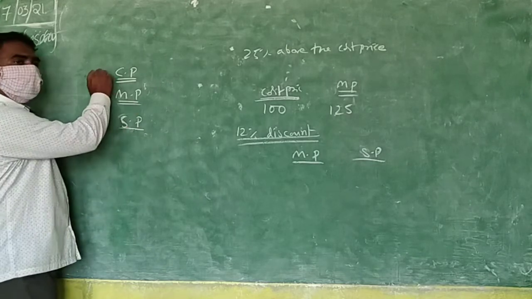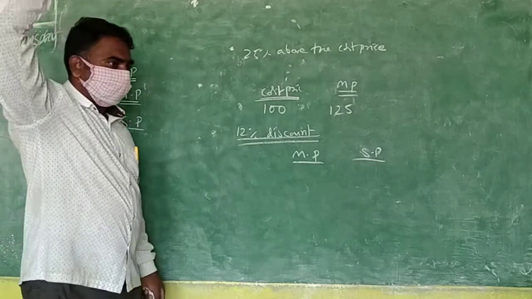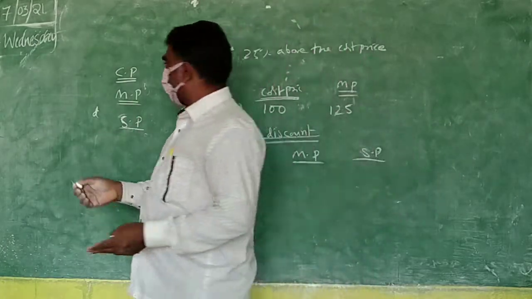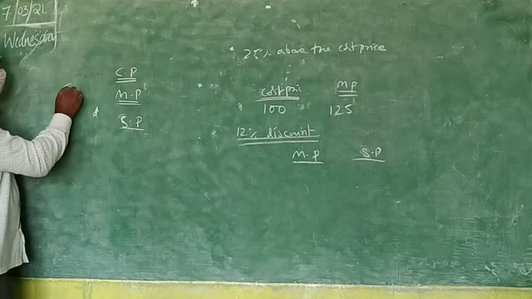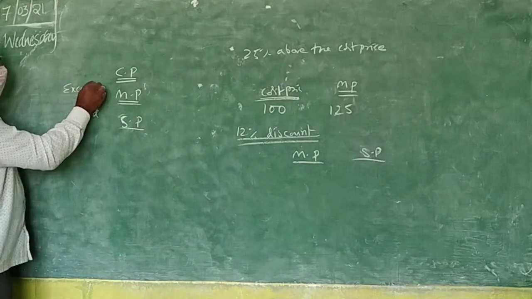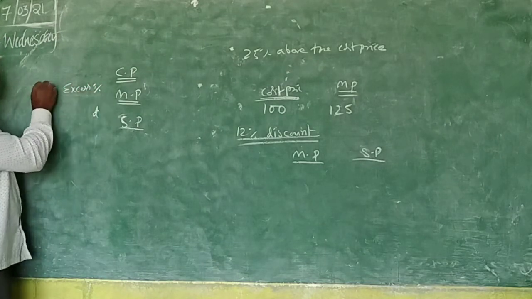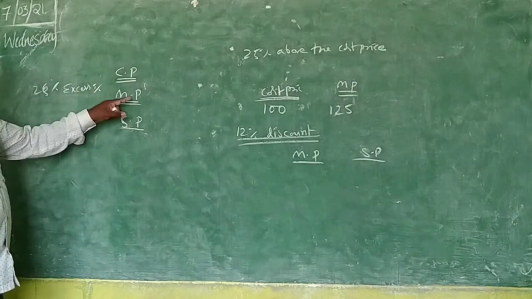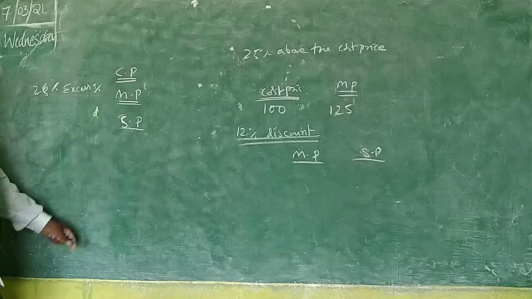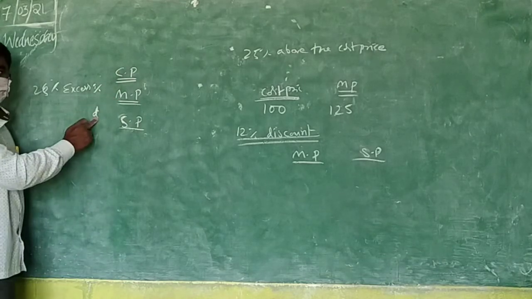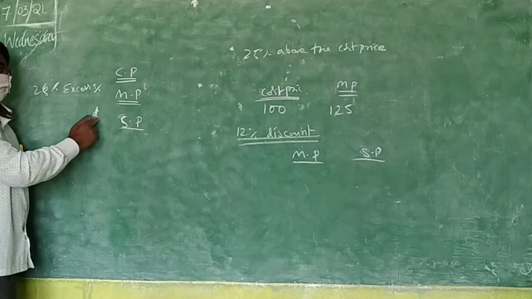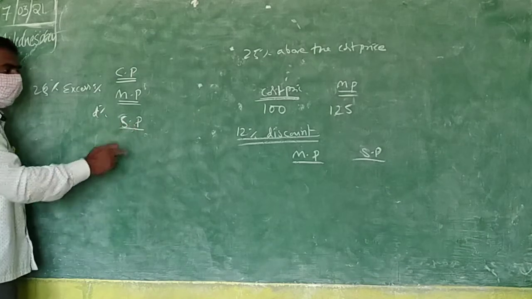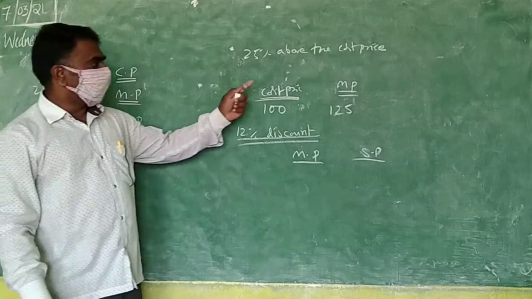Okay, I think you are understanding this. First the cost price: he will purchase something somewhere. On that he will take something extra, that is the excess percentage. I have written excess percentage here. How much excess percentage has he taken? 25%. He marked that as the marked price. After the marked price, he allowed a discount, and after the discount he sold it. That is called selling.